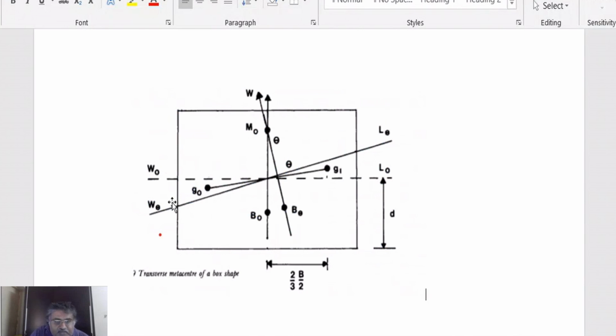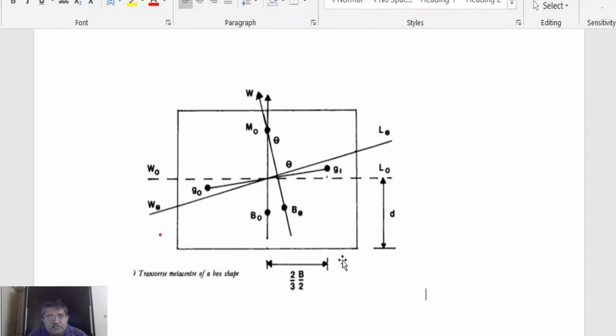The volume of this wedge. Can you tell me what will be the volume of that wedge? What is the area of that wedge? I think either people have gone to sleep or. So the volume of the wedge will be, you should know, half base into this distance, will be the area of this triangle. And what will be its thickness? Thickness will be into and out of the plane of the paper, which is the length of the ship. The length of the ship will go into and out of the plane of the paper, no?